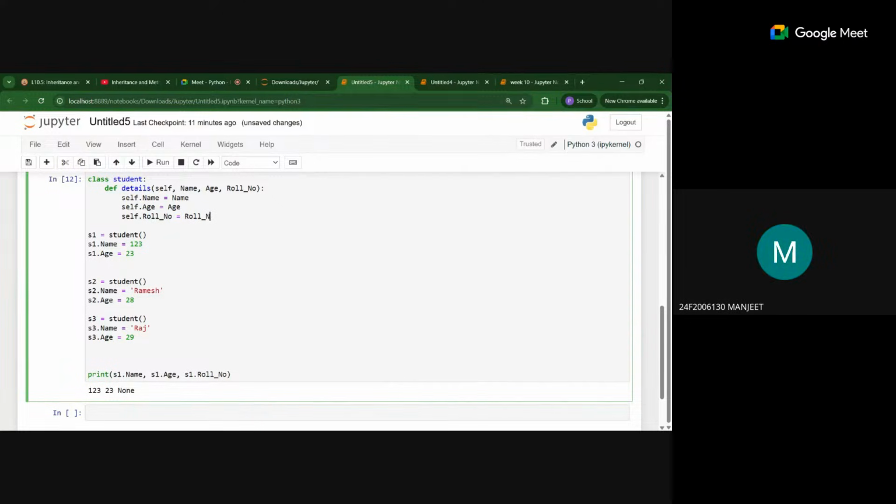Sorry, sir. Can you please again explain the function? Yeah. So previously what happened? We put simply name equals to none, age equals to none, roll number equals to none, right? So in that case, those variables belong to what? The class Student here, right? Here we are creating an object for that particular class, but those variables are owned by the class Student,